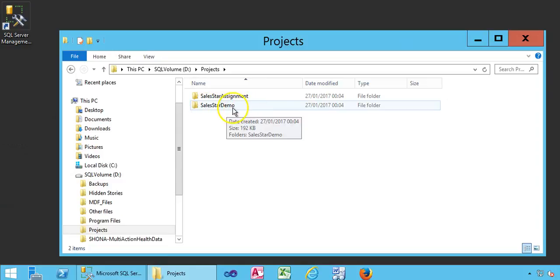The Sales Star demo is the one that the tutors will normally use for explanations. The Sales Star assignment is meant to be an almost equivalent copy of the demo, but it's the one that you can regularly alter for your assignment. By the end of the module, the assignment one would be quite a bit different from the demo. But let's start for the moment by going into demo